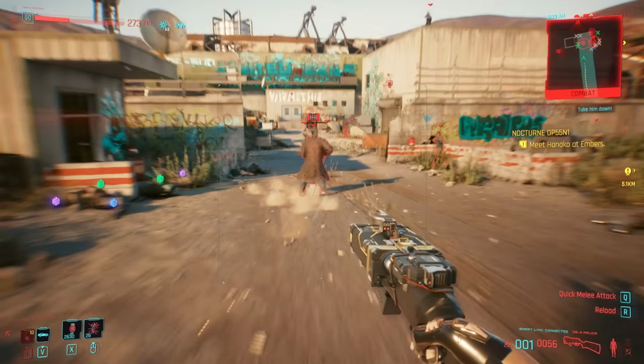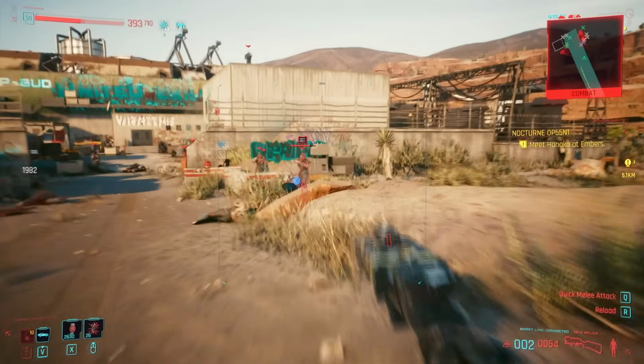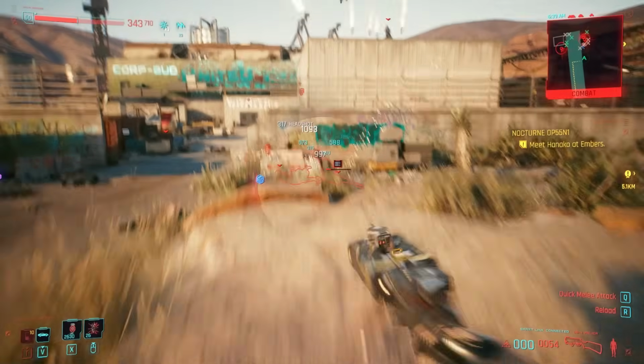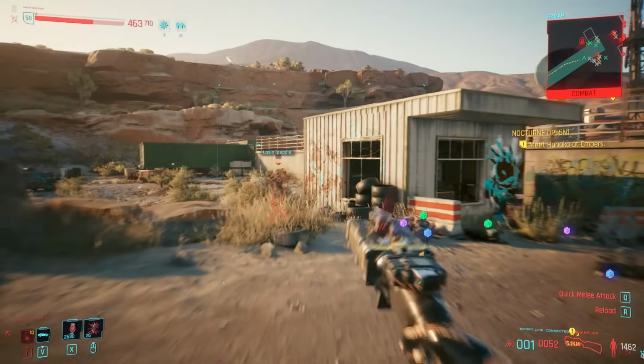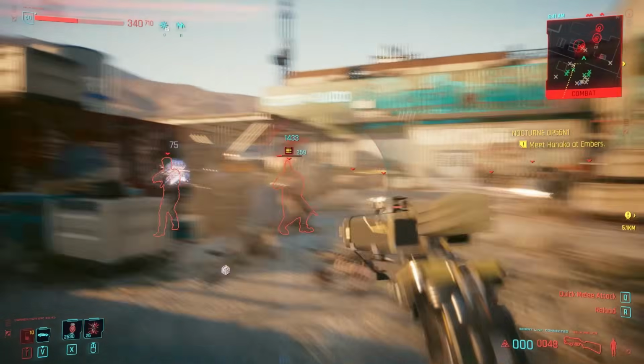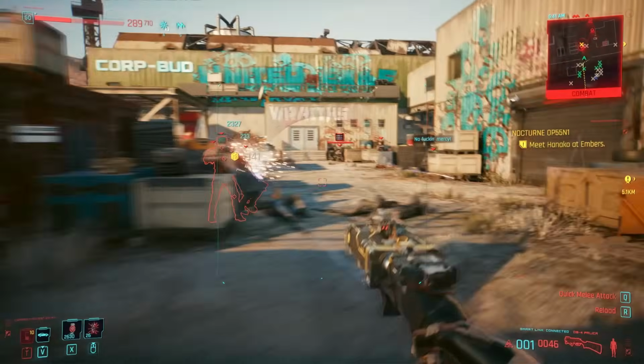You can acquire this from drops and weapon vendors all across Night City, but bear in mind that in order to purchase the Legendary Edition, you'll have to be level 50. Not the most practical, but there's nothing to say you won't find a Legendary variant out in the world before that. I've said it before and I'll say it again, smart guns are inherently lazy, but that doesn't mean they